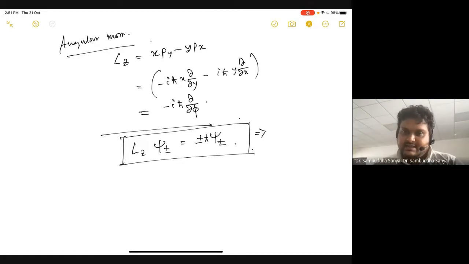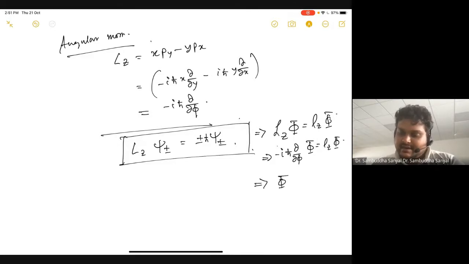We can also see this in a slightly different way. Let's say I don't know the wave function, the eigenfunction of the angular momentum operator. Then how can I work out this structure? I can work it out by writing minus i h bar del phi of phi equals Lz phi, and then the solution is nothing but e to the power i Lz phi by h bar.